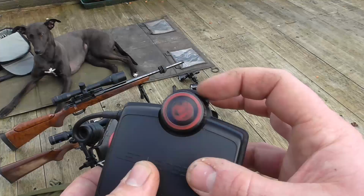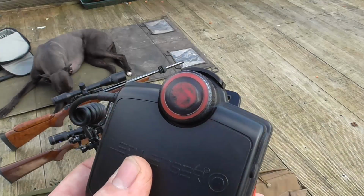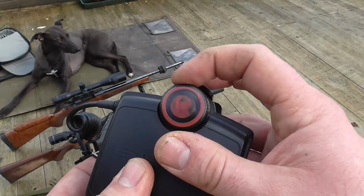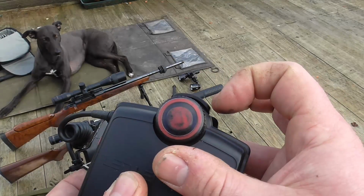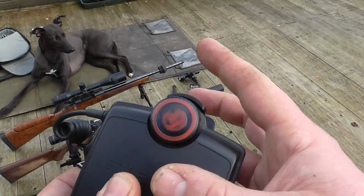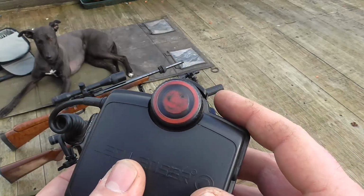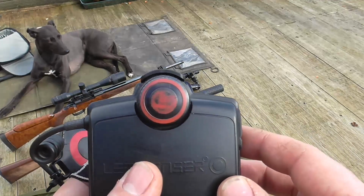They have moved the rheostat to the back here. So you reach behind you, you've switched it on at the front, and that's bright, that's dim. It's really simple. You just grab a handful of this and it's brighter, and that way dimmer, and it's infinitely variable between the two. So it's very easy in use, very fast, very intuitive,